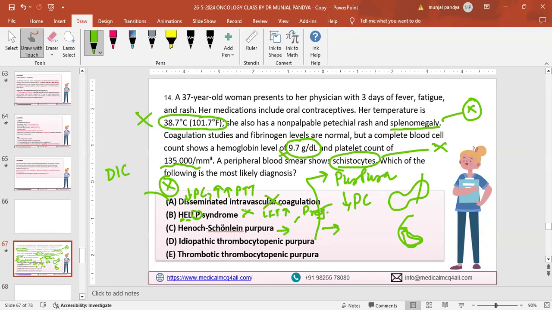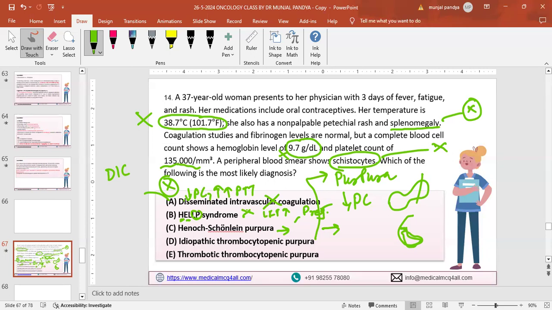What is HSP? What do you mean by HSP? Henoch-Schonlein purpura. So, sir, this is also a hematological issue in which there will be a history of respiratory or GIT infection. No, not at all. Henoch-Schonlein purpura is not a hematological problem. It's an autoimmune problem. It's a vasculitis problem. So your homework is to read DIC. Your homework is to read HSP. These questions will all come in the exam.